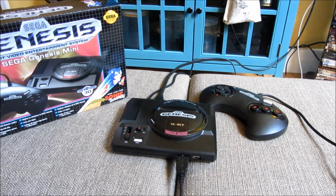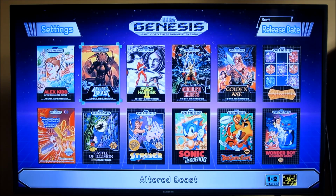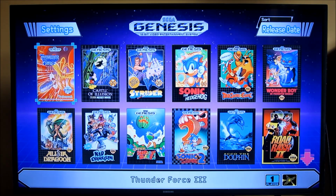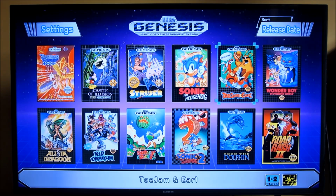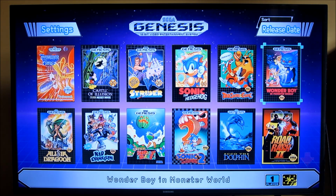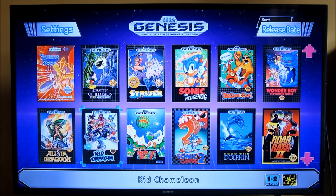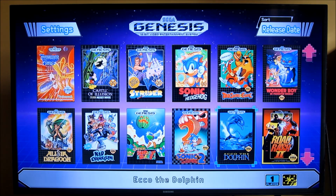In any case, let me show you the games themselves. I'll try to go over these quickly. There is Alex Kidd in the Enchanted Castle here, Altered Beast. This is one of the more popular video games back then. Space Harrier 2. There's Ghouls and Ghosts, Golden Axe, Columns, and right here there's Thunder Force 3. I've never played that before. Castle of Illusion, Strider, Sonic the Hedgehog, and this is one of my favorites, Toe Jam and Earl. And this is Wonder Boy, so I've also never played that one. This here is Alisia Dragoon, Kid Chameleon, Super Fantasy Zone, and this is Sonic the Hedgehog 2, Ecco the Dolphin,